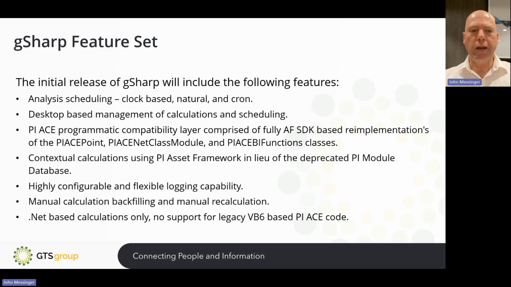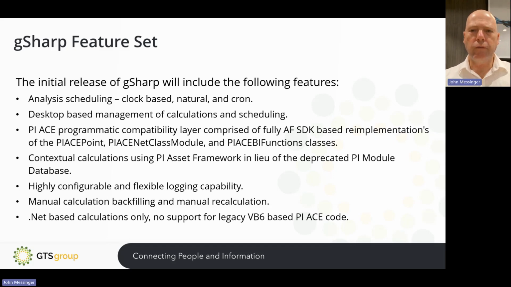gSharp also includes highly configurable and flexible logging using a modern .NET-based logging library. And again, you'll get to see a little bit of that in the demo. The first release will ship with manual calculation backfilling and manual recalculation to provide at least that ability to recover or backfill data.